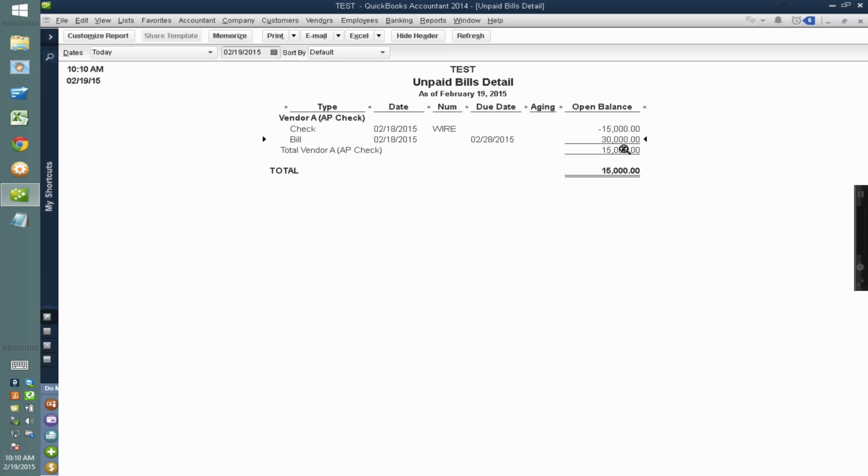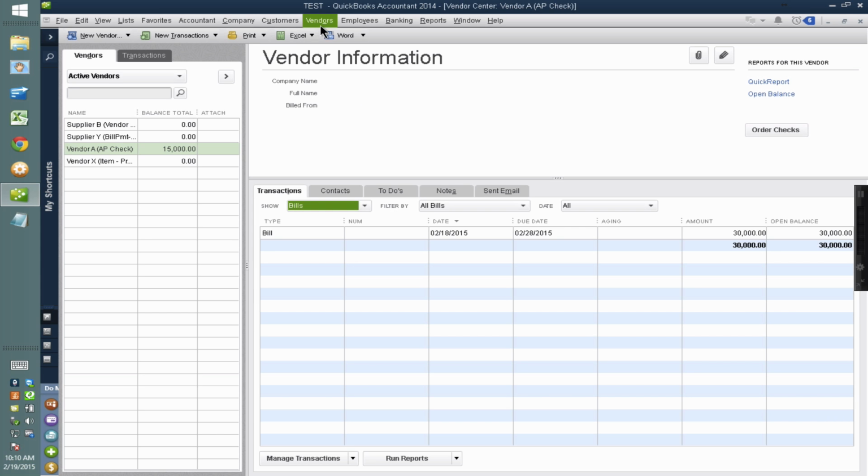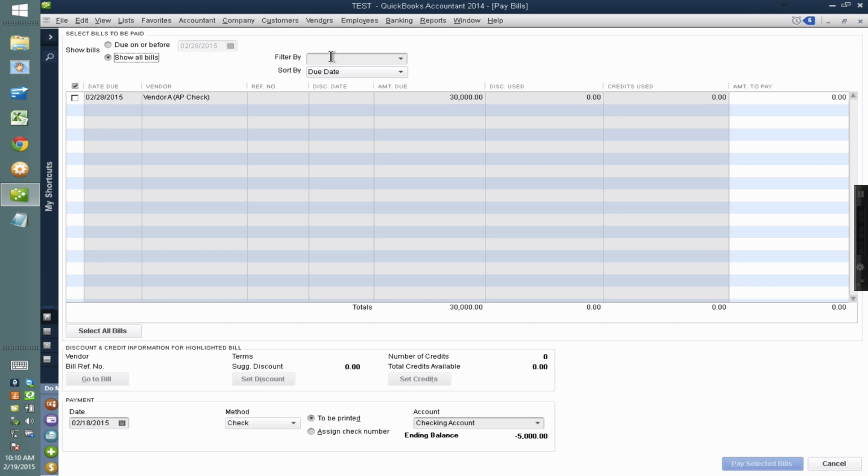The entire bill shows for 30,000, but there's also sort of an outstanding check for 15. So my total vendor balance is showing correct. Unfortunately, my entire bill is showing open. So the way to fix that is I'm going to go into vendors, pay bills, and then in my pay